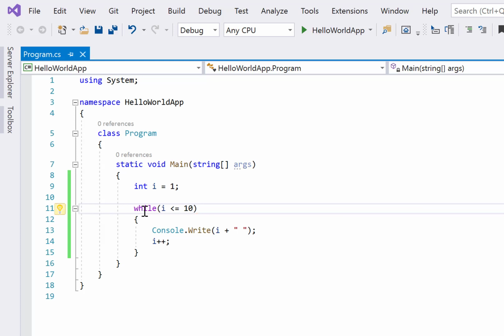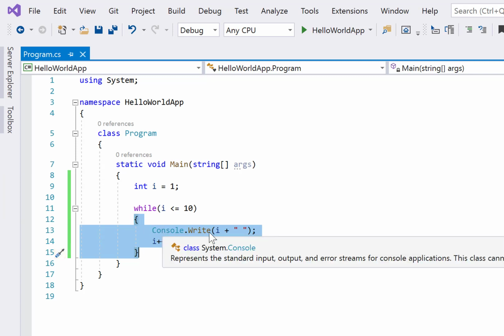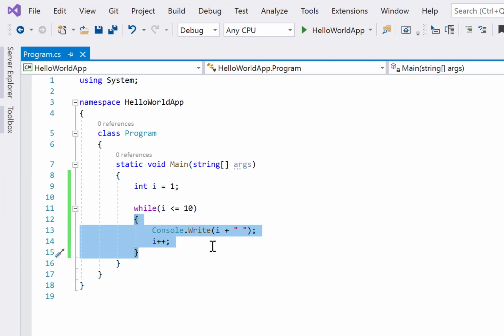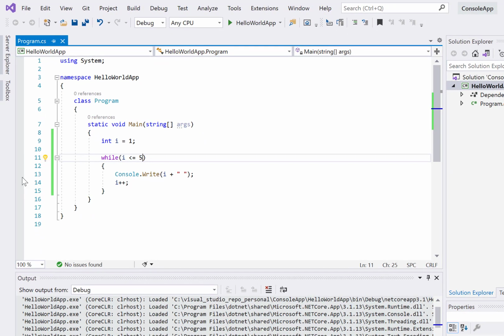So what we have done is that the initialization part we do here, then it will check whether the condition is matching. If the condition is matching, then execute whatever is inside this block. So it will print I equals 1, and then it will do I plus plus. Then again if the condition is matching... let me show you by debug, and this time I will take a smaller value.